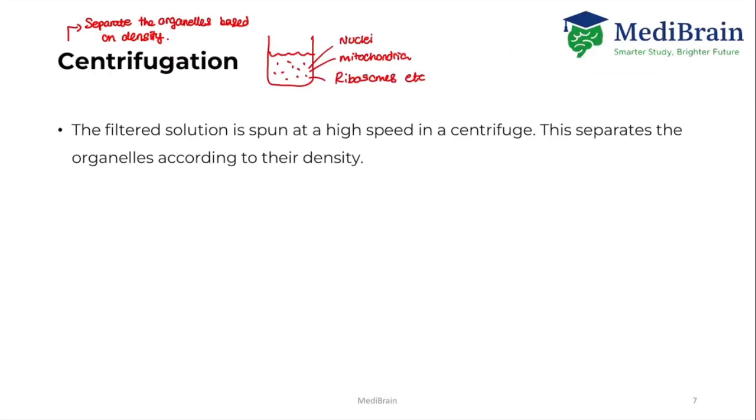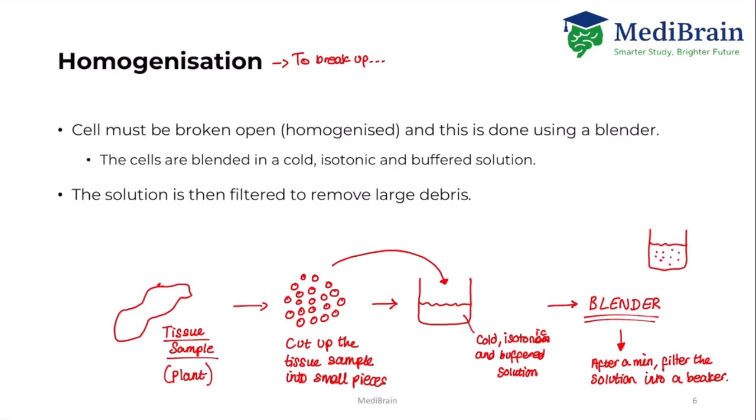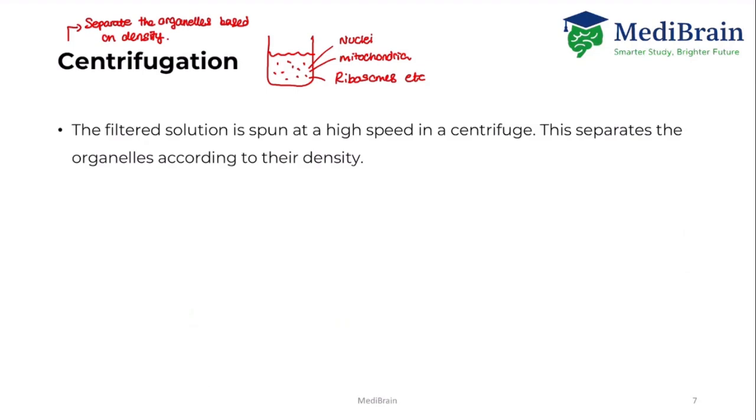So the filtered solution, which we have just filtered, as you saw on the previous slide, is a solution that just has organelles in it. The filtered solution is then spun in a high-speed centrifuge, and this will separate the organelles according to their